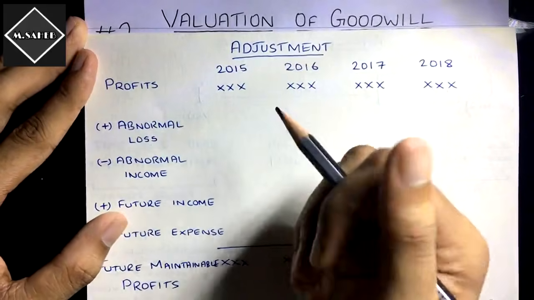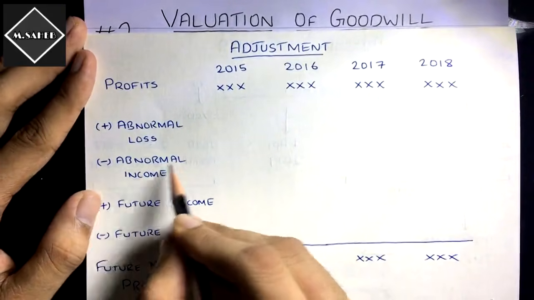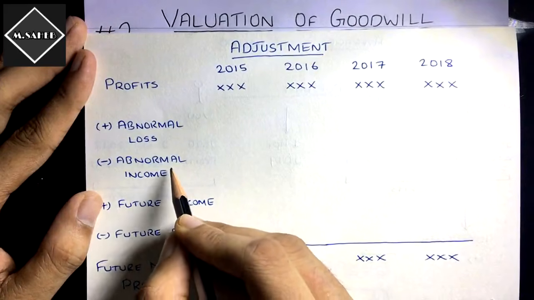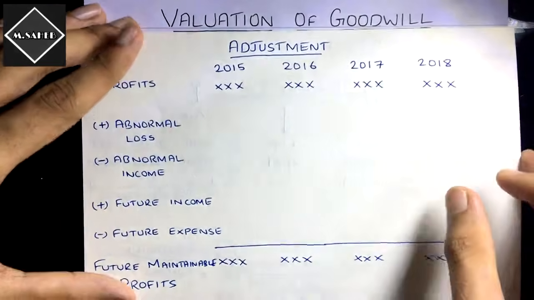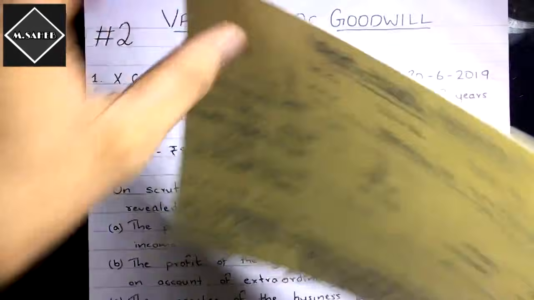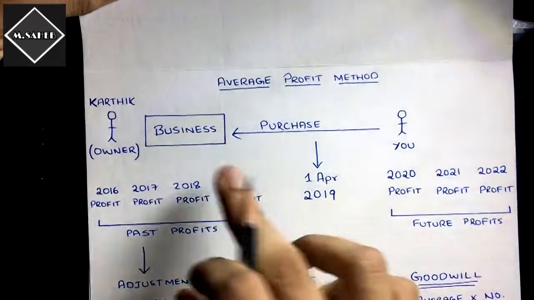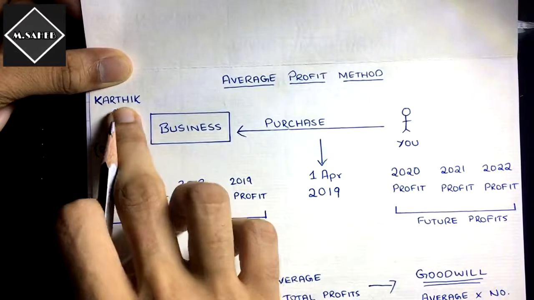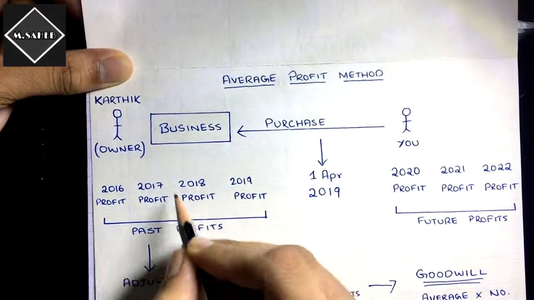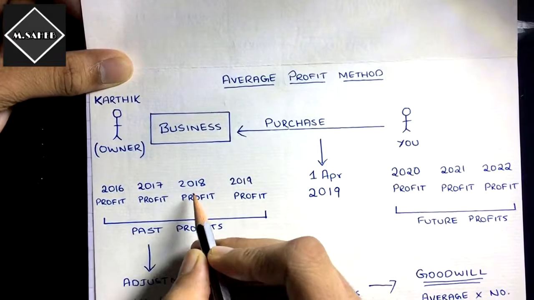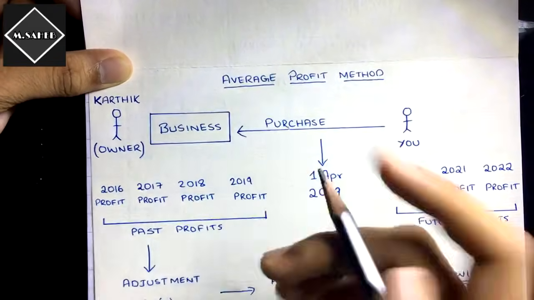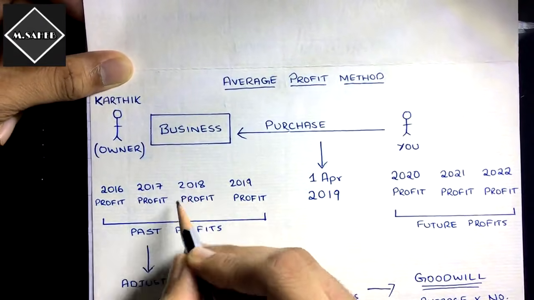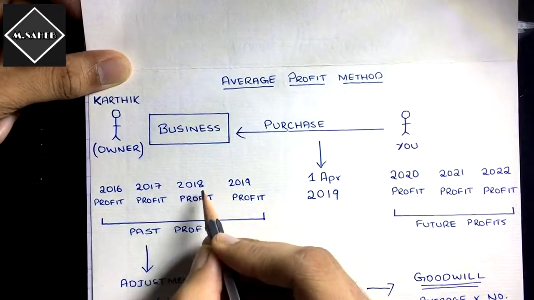Okay. And then we have got abnormal income. Abnormal income is a non-trading income or any income which we will not get in the future. If you purchase the business now, let's try to understand this. If you purchase the business now in 2019, then whatever income that Karthik has earned, let's say he has earned in 2018 a profit of 10 lakh. And out of that 10 lakh, let's say 3 lakh income Karthik got because of some shares he had invested in the past. Okay, because of shares he has got 3 lakh income in 2018